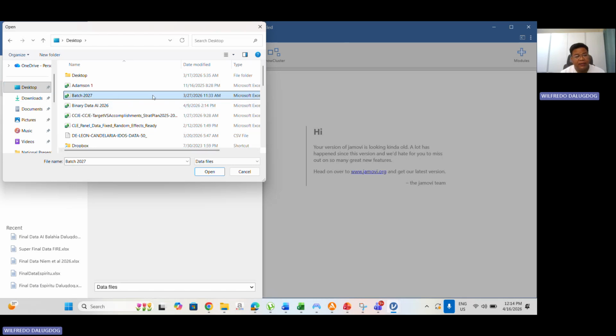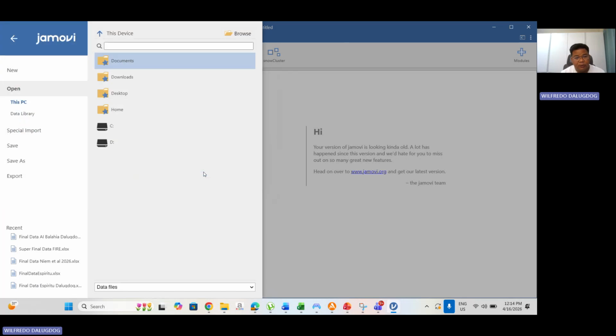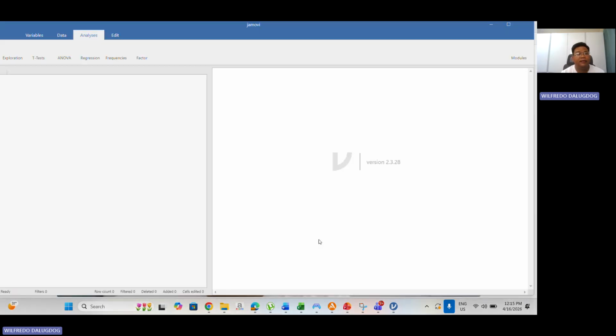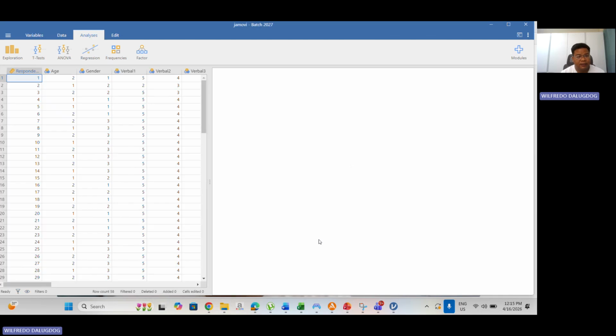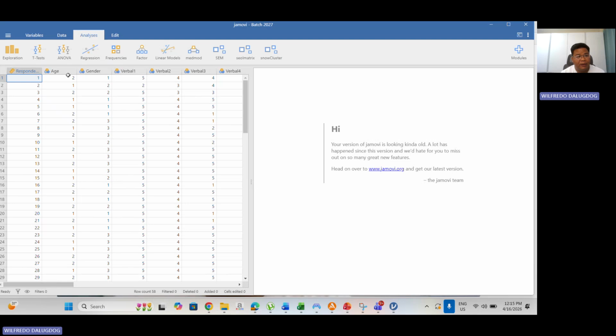So here, this is the data that I want to import into Jamovi. So click open. Okay, so as you click it, the Jamovi window will appear.